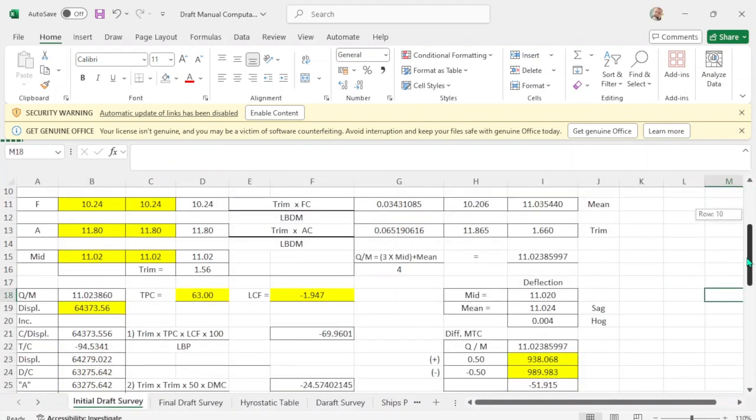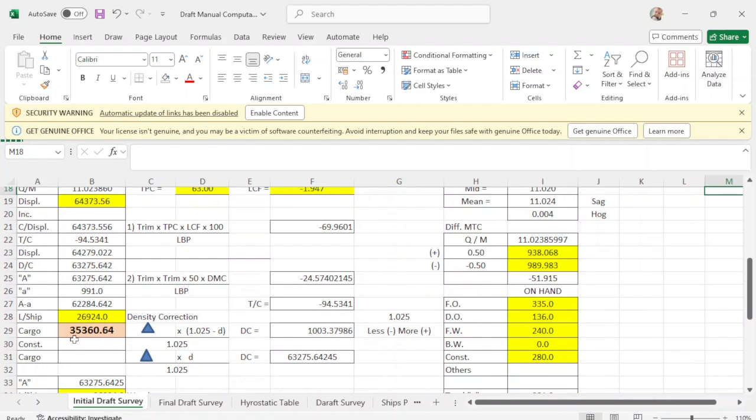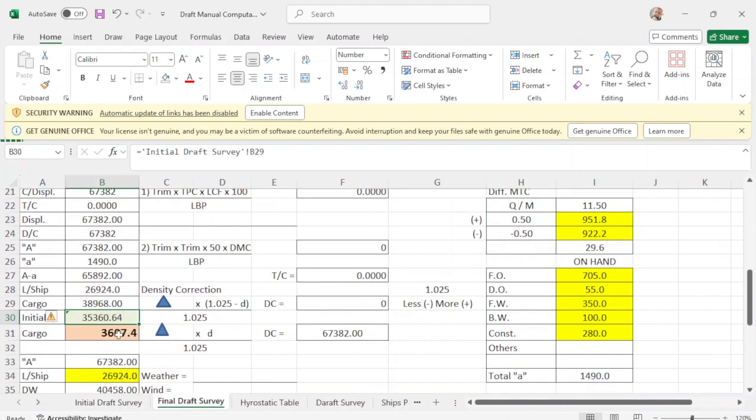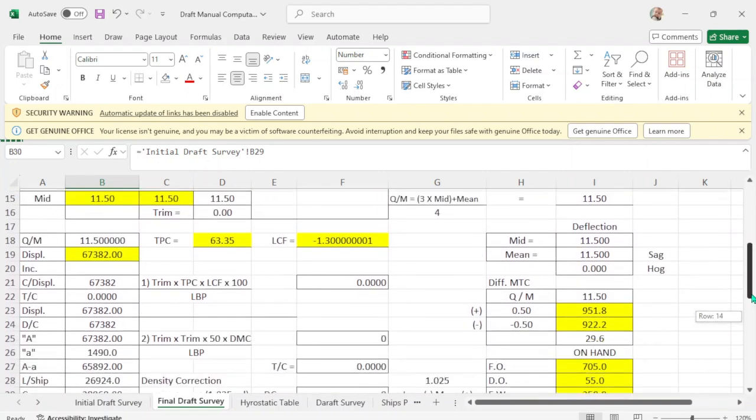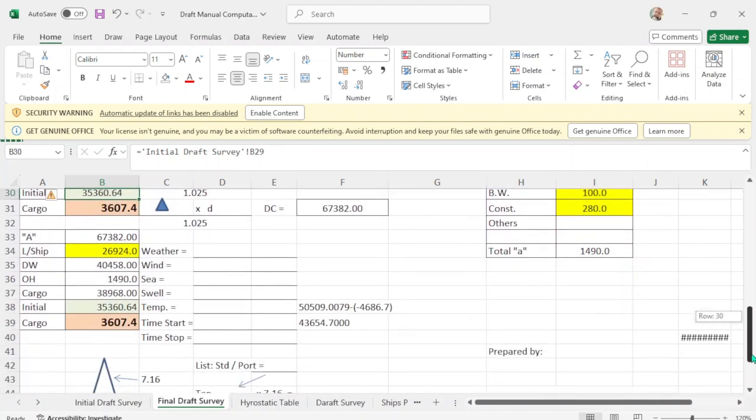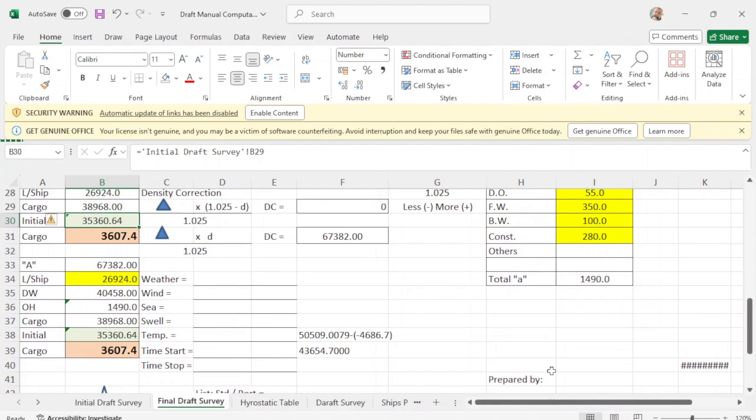This is this one, 35360.64, this one, and this will be your cargo of 360, because you are, okay. I hope that's clear.